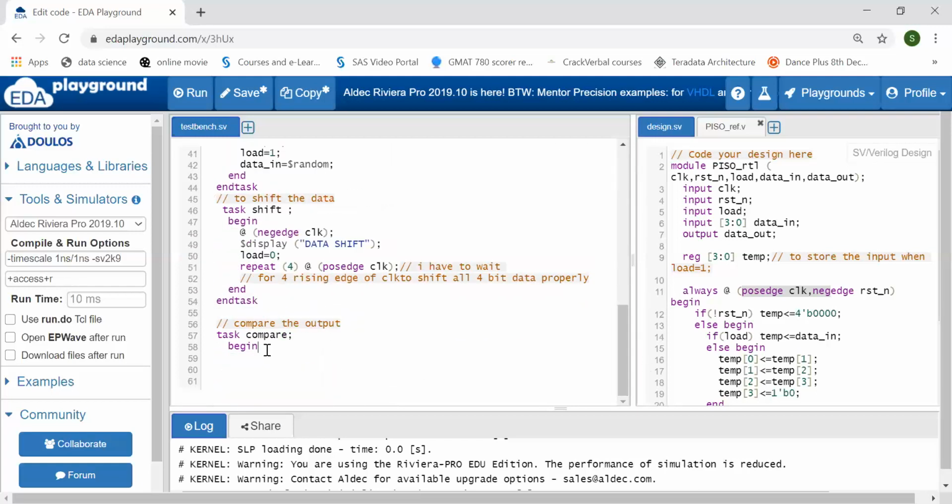So begin. So now when I need to compare my output, I will get the output at the positive edge of clock, that too in the NBA region. Okay, why the NBA region? Because here I am using a non-blocking assignment. So I can simply write begin.